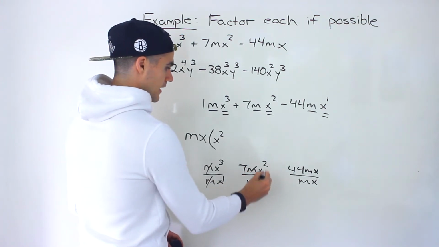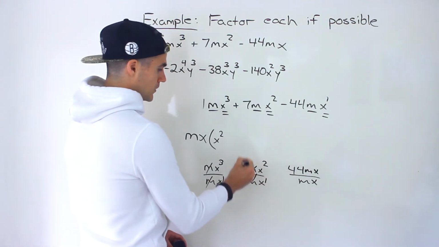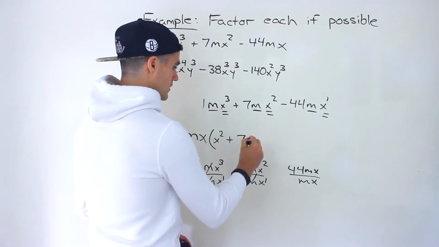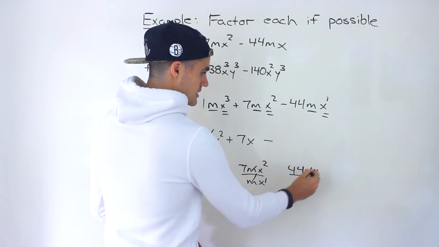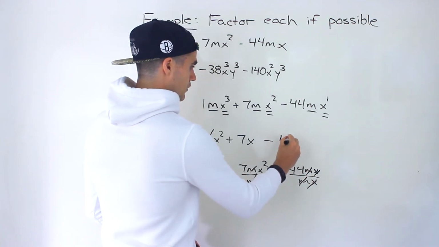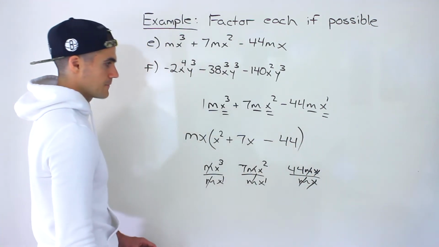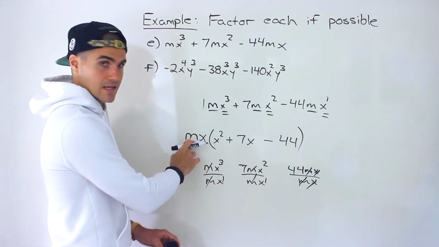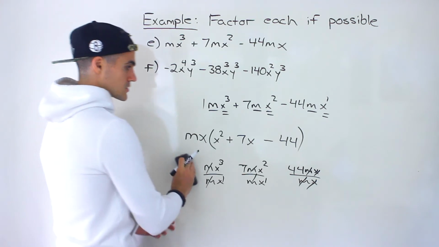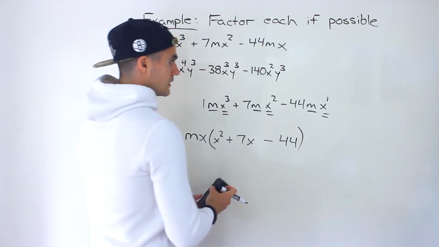These cancel out, x to the 2 over x to the 1 is just x to the 1. We got the 7 there as well. So we got 7x, then we got the minus. This cancels out, so we're just left with a 44, like that. Right, so the greatest common factor in this case was the mx, took that out. Now we're left with this quadratic, and then that quadratic, let's factor